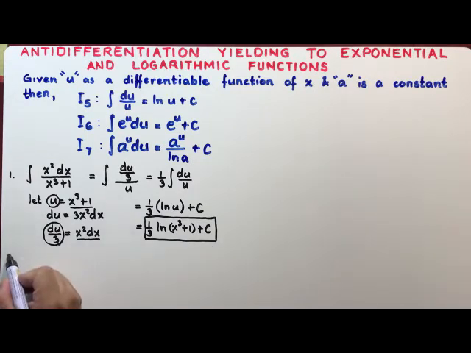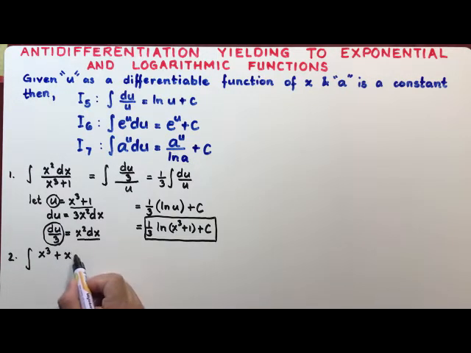So example number 2. Suppose we want to find the integral of x cubed plus x minus 3 when this is divided by x minus 1. And of course, we have here a dx as a partner of our integral symbol. So remember again that there is no quotient rule in integral calculus. So how are you going to integrate this?